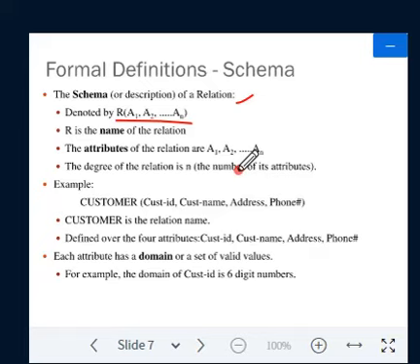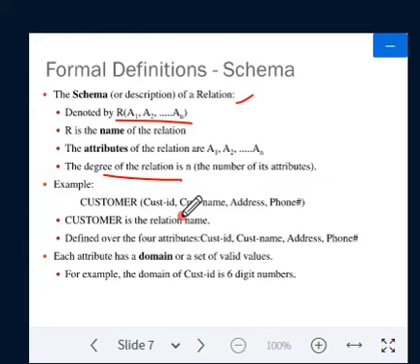In the previous chapter we saw the degree of a relationship, that means the number of entities participating in the relationship. Here we are just discussing the degree of a relation: the number of attributes in that relation.